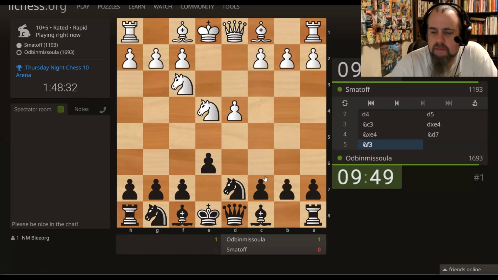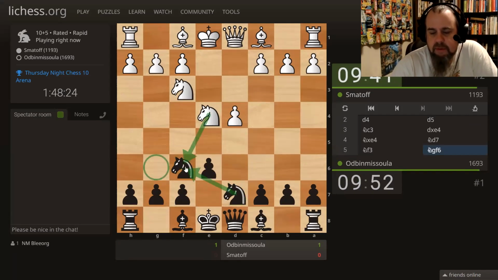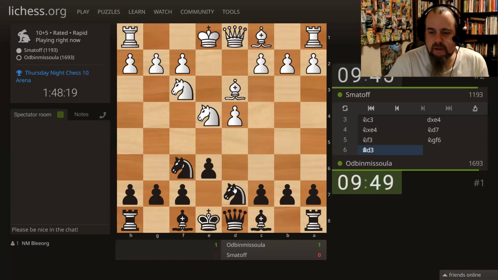So here we've got an extremely classical French with knight to d7 with the idea of knight gf6. So here, if white captures, we can capture back with the knight. One of the most basic of all French defenses, especially the positions involving exchanging. This is a very basic setup here. In some cases, black can capture and replace it with the knight on f6 and then decide what to do